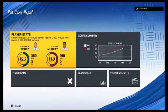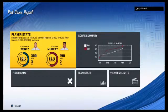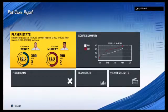So for Arizona, it was a hard-fought game, and they'll exit 1-0 as they win by a touchdown. And they will hit the road next week for a date with the San